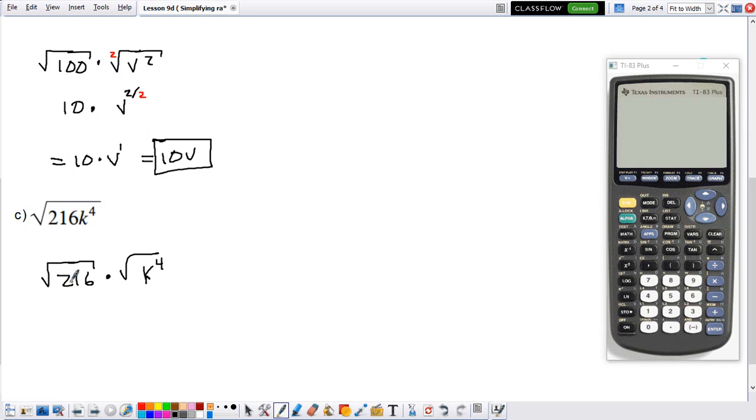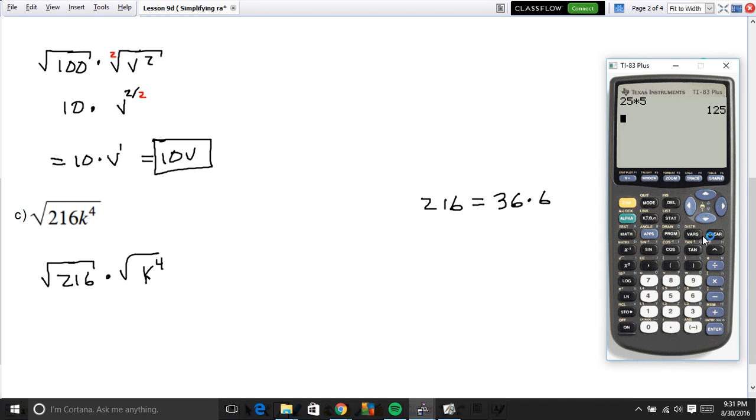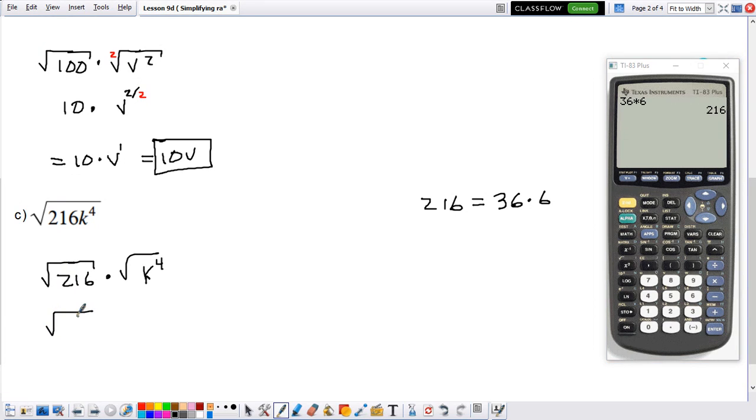So now let's see, can we rewrite 216 as a perfect square? So notice that 216, we can rewrite this as 36 times 6. Well, let's just double check that. 36 times 6, 216. So we're okay. So now we come back to our problem, and instead of writing 216, we're going to write the square root